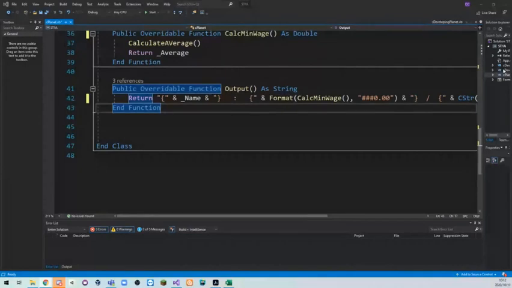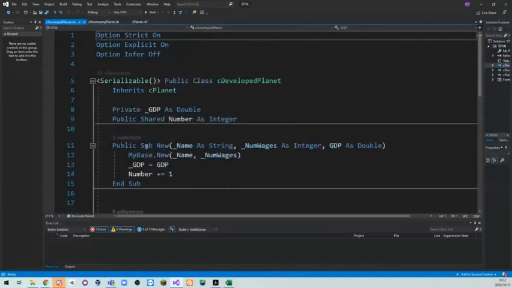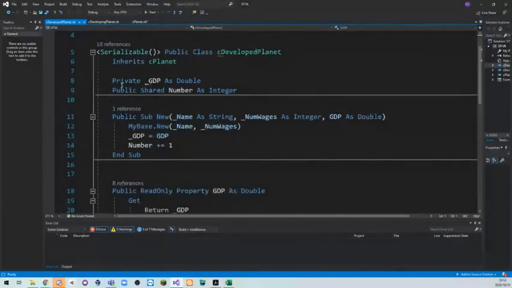Let's look at a developing planet. Or developed. Now, a developed planet is serializable, public class C developed planet, inherits planet, which we've already discussed. We have the GDP with the public shared number, which we already discussed while we need it. We have our constructor that accepts name, wages, and GDP. We have the MyBase.New underscore name underscore